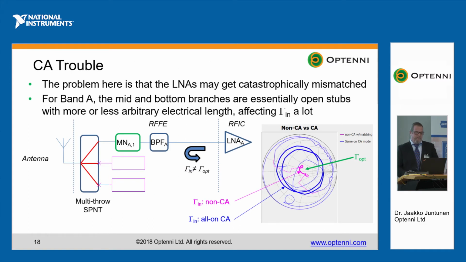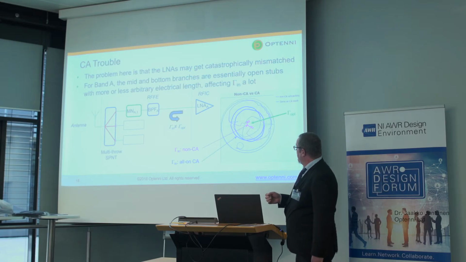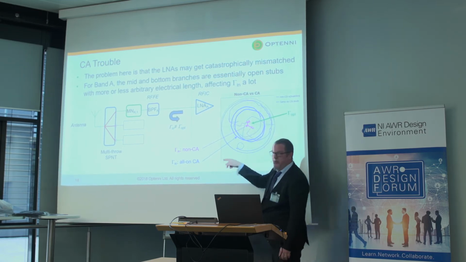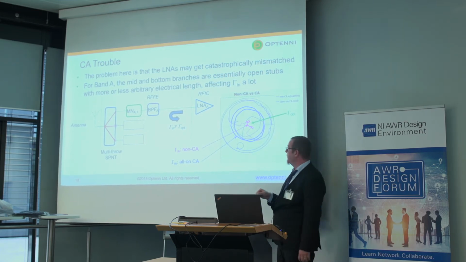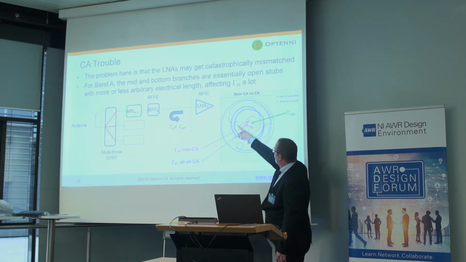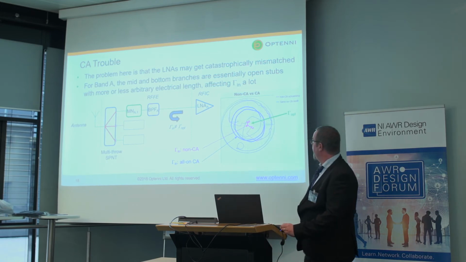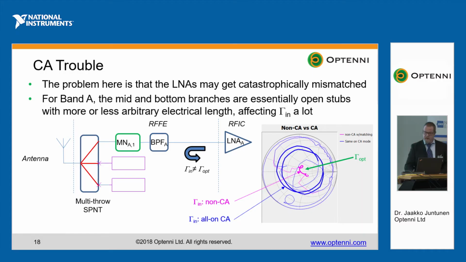And the issue is that the LNAs typically get catastrophically mismatched. So we have non-carrier aggregation, and the optimal point is here. With non-carrier aggregation, if we have all three branches on at the same time, this is how the gamma in looks. But there is a worse problem,